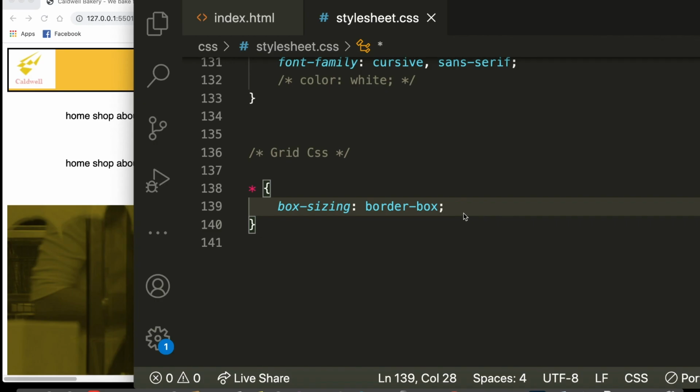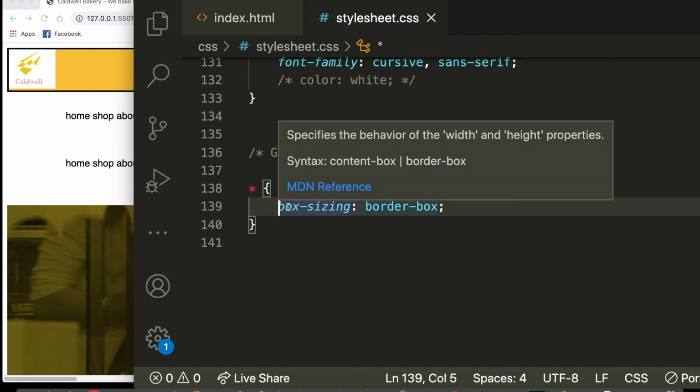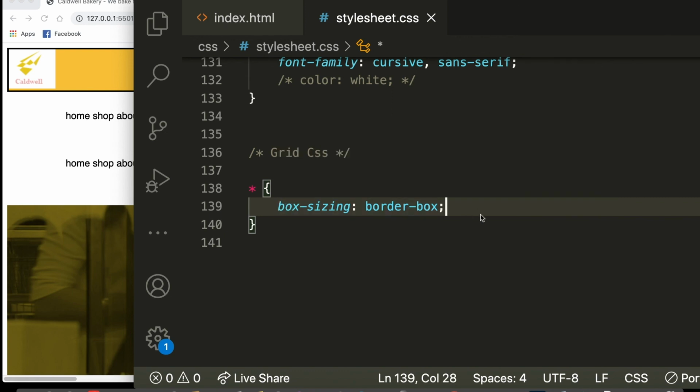So the box sizing is very, it means it allows us to include the padding and border in an element's